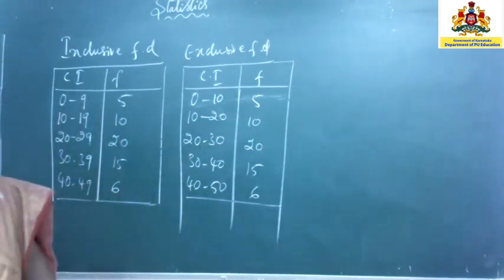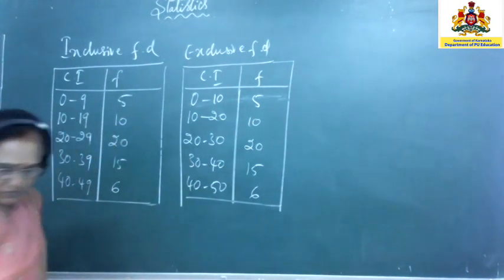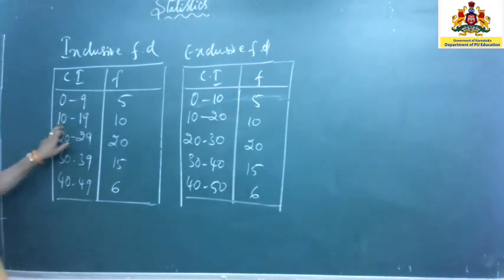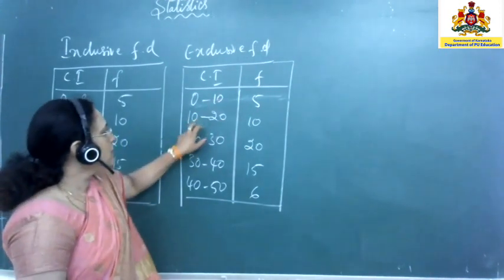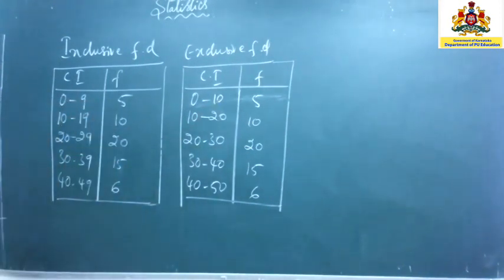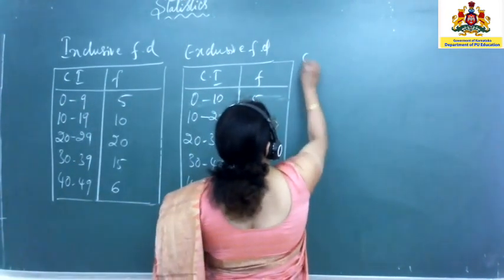Hope you are able to differentiate between the two. See, if it is inclusive, you will be writing the next number here. 9, after 9, 10. Here 19, 20. But if it is exclusive, the same number will be repeated. Now with the help of these two distributions, we shall be defining first what is called the